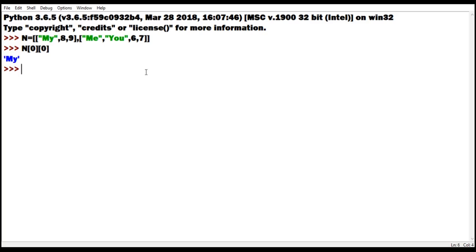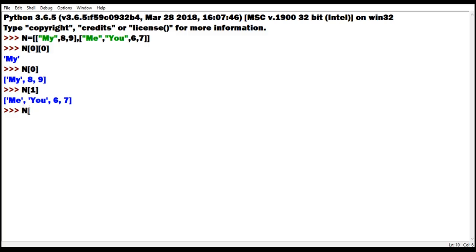If I write only 0, I'll get the first list. If I write 1, if you see the diagram, you will understand. Zeroth row means all the elements of the zeroth row. So this is the zeroth row of the list, or zeroth index of the list. When I write 1, this is the first row of the list. Index-wise first, counting-wise 2, but index-wise 1. So when I write 1, it will give this one.